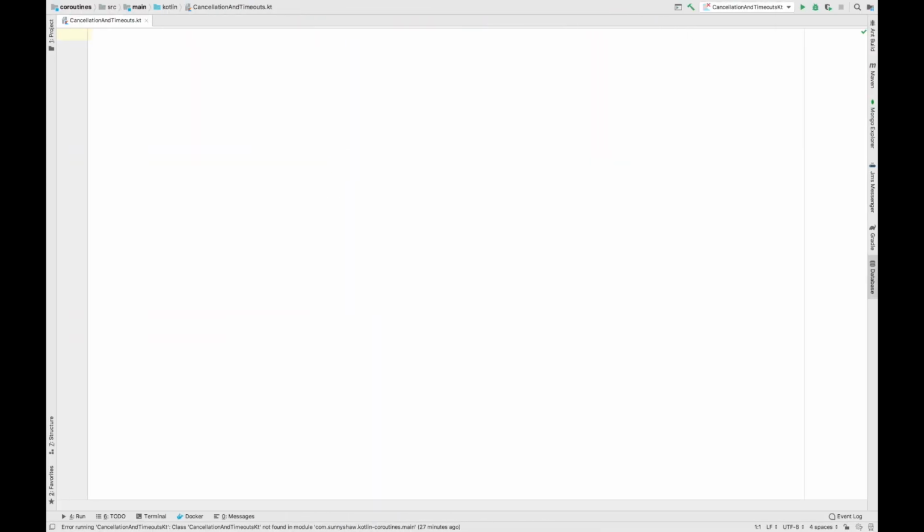So here I'll show you how you can cancel a running coroutine. The first question that arises is, why do we need to cancel any coroutine? In a long running application, you need fine-grained control over your background coroutines. For example, a user might have closed the application that launched a coroutine and its result is no longer required. In that case, we can cancel its operation. So in this video, we will learn how we can cancel a background coroutine.